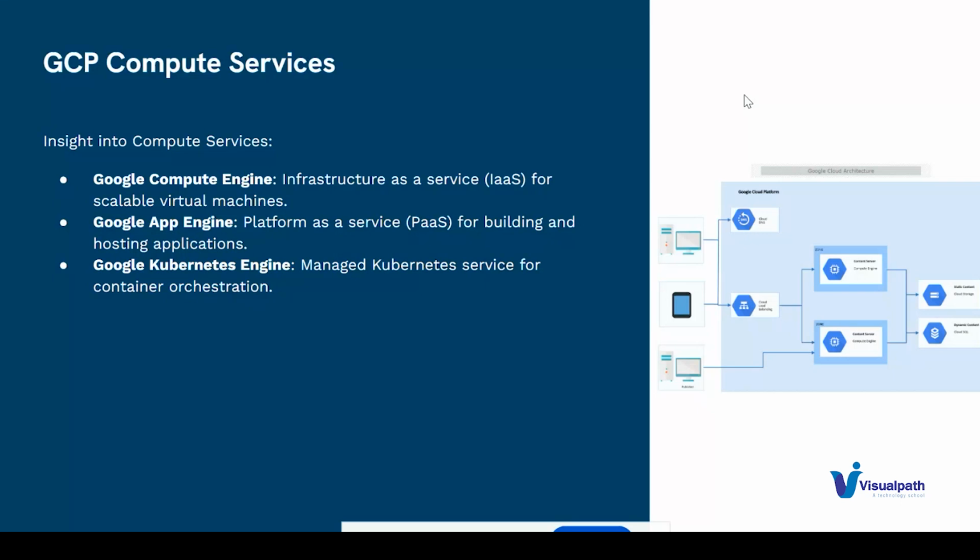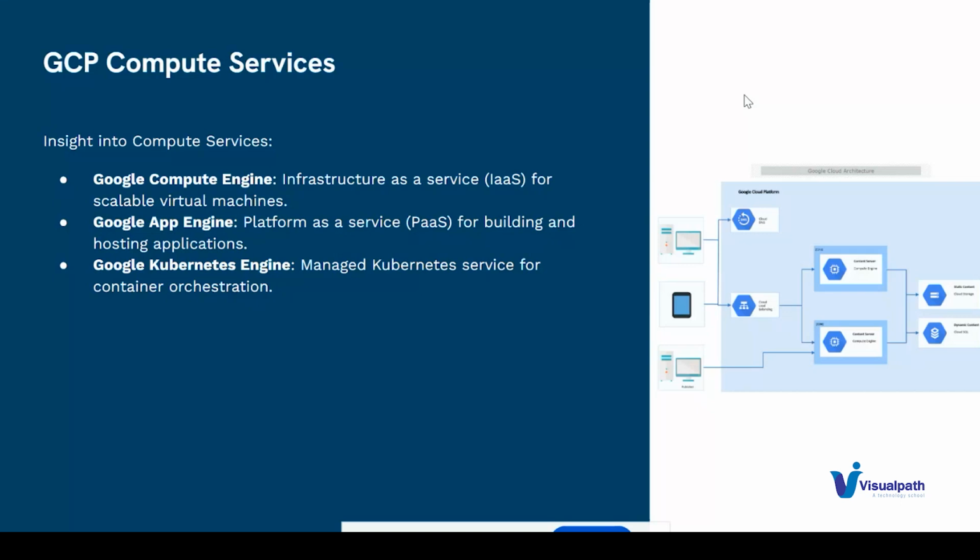And then the second thing is Google App Engine. This is something we can treat as a platform as a service. So here we are not going to provision the infrastructure. We can directly in the portal itself, in the console itself, say that suppose I want to deploy a Python application. I can go to Google App Engine in the console, and then I will choose which version I want in Python, and then I will deploy our application.